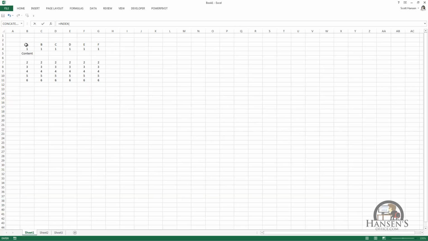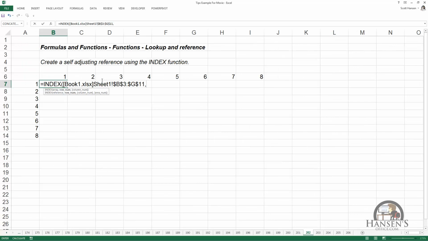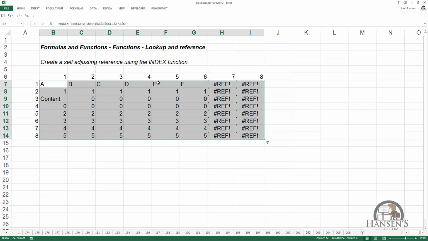that references the area that contains the content, comma, and the row number is going to be found in column A. The column number is going to be found on row 6. I need to make A an absolute reference and 6 an absolute reference. Closing the parentheses, Control Enter,